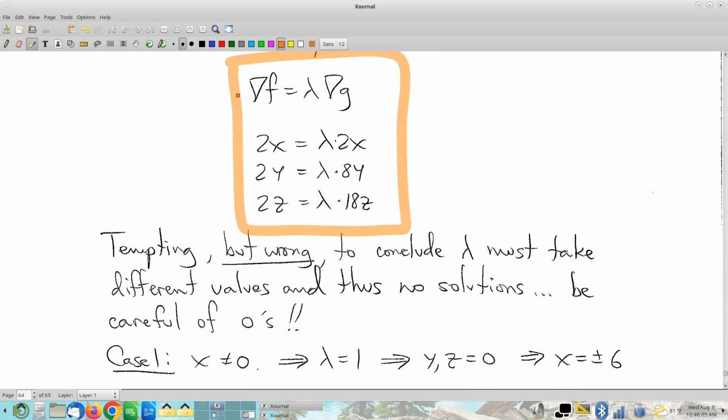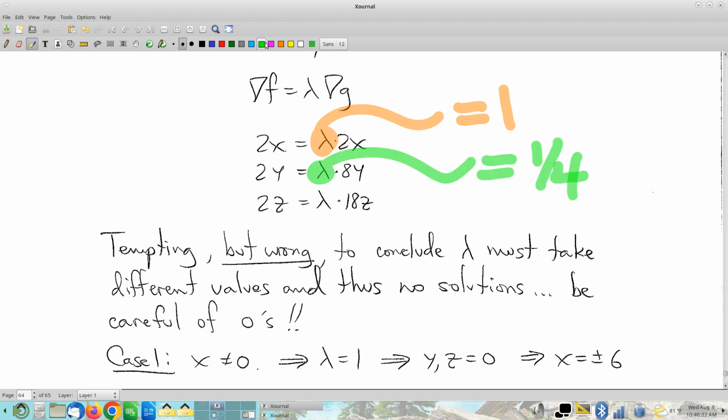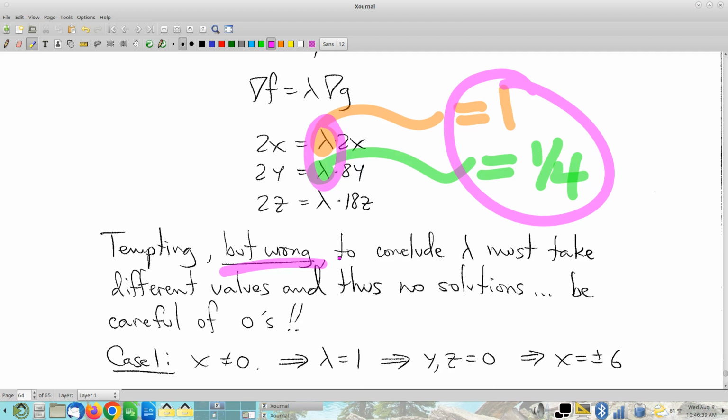Here's where a lot of students make a mistake. It's so tempting to say, oh, well, this lambda has got to equal 1. But wait a second. This is lambda 2, and that clearly has to equal a 4th. How could the same lambda equal 2 different things? It couldn't. Contradiction. Therefore, there are no critical points to be found. You see the temptation, right? Wrong. It doesn't work